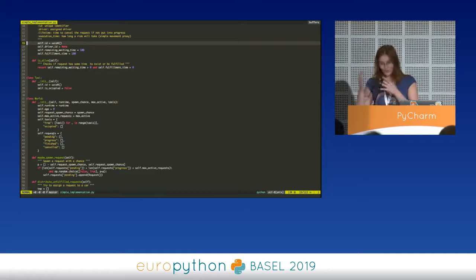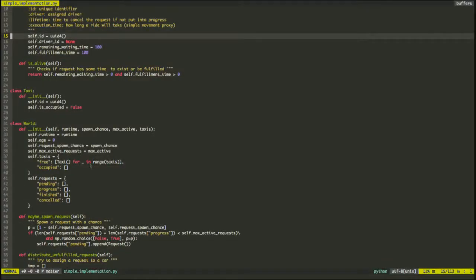And within it will happen spawn creation, if we can, assignment, if there are free cars, and update. So this ticking, for instance, all requests that are pending will start decaying, and all requests that are in progress will start being fulfilled. And the cleanup will say, this one is already done, free the taxi, allow it to be used in the next cycle in the assignment, and put this in-progress request into cancelled or finished.